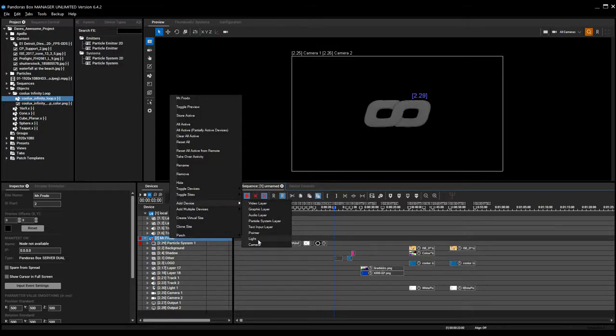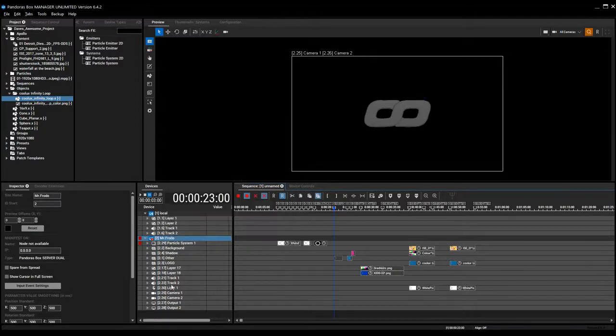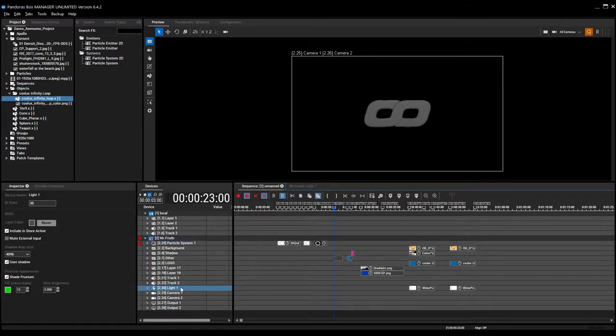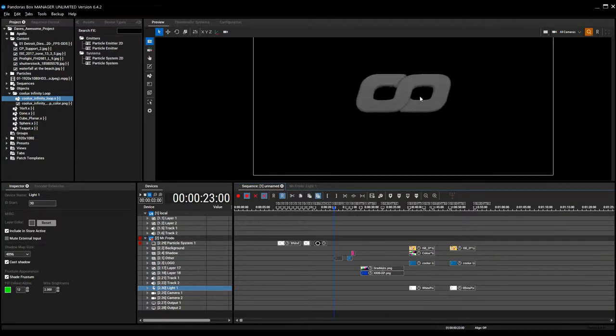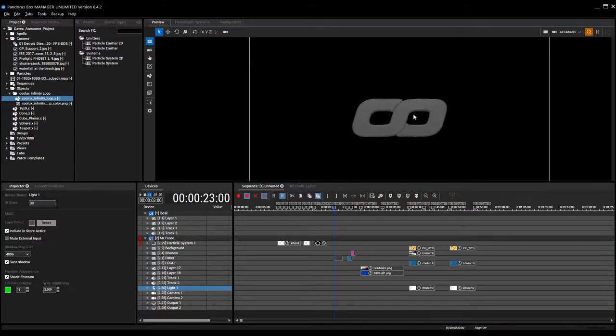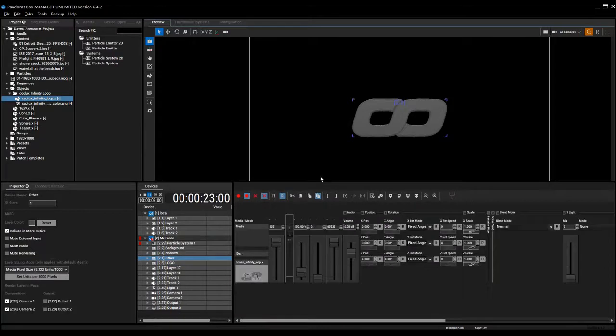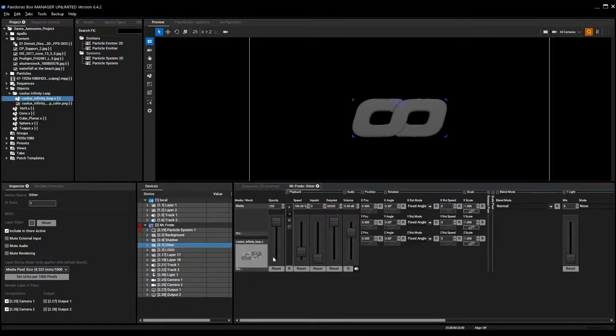Then you can see here's my light, called light 1. You can also see I have added the Pandora's box logo, and at the moment it is just a mesh with its vertices,